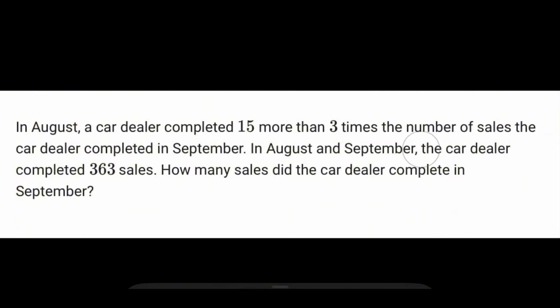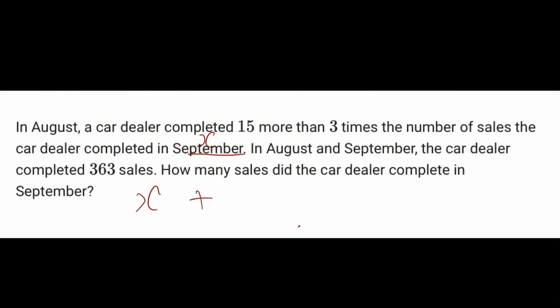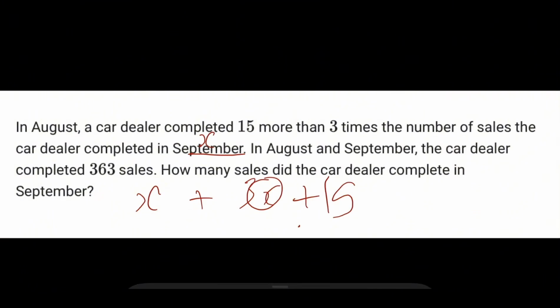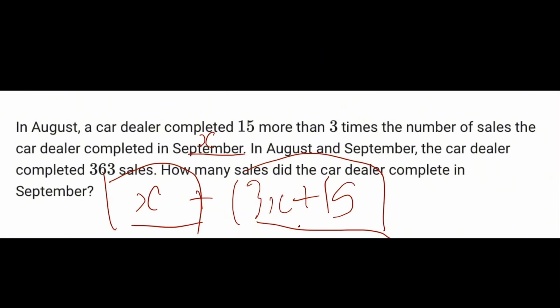Alright, now we're just gonna call X the sales the car dealer completed in September, so it's gonna be X. So first we have X, which is the September one, and then the second one we're gonna have the August one, which is 3x plus 15, which is 3 times the number of sales in September, which is X, and 15 more, that represents plus 15. So that's why y'all might only have this one but not have this one, which is why this question is tricky. So the total of this is gonna be 363,